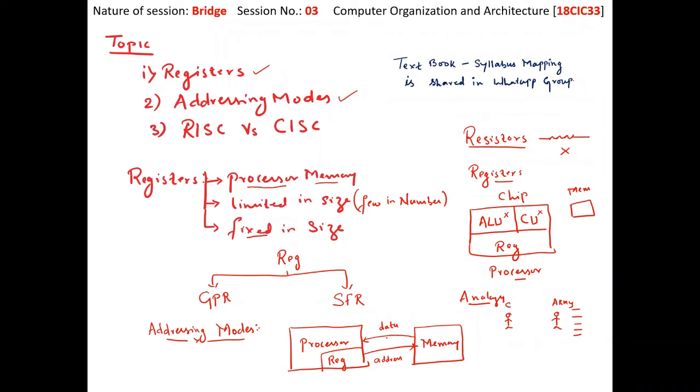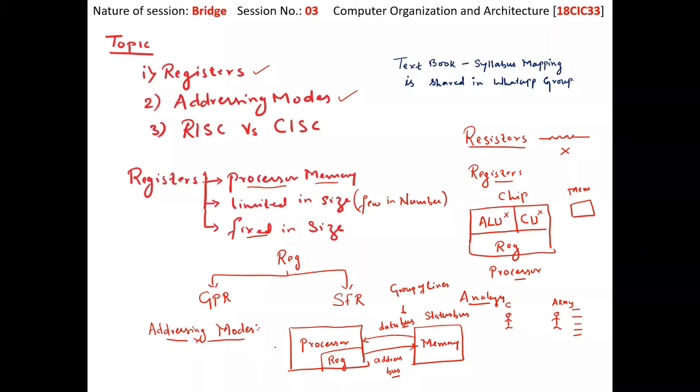To read the data from the memory, that bus structure we call the data bus. And to send the address, we have a bus called the address bus. Now, what is a bus? A bus is a group of wires, a group of lines, and those groups of lines are further classified into data bus, address bus, and one more bus we have, called the status bus. It indicates whether the processor is going to read the data or write the data into the memory. So we have various statuses also available.